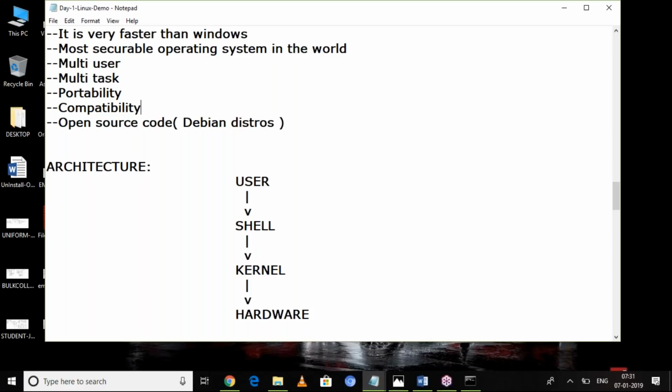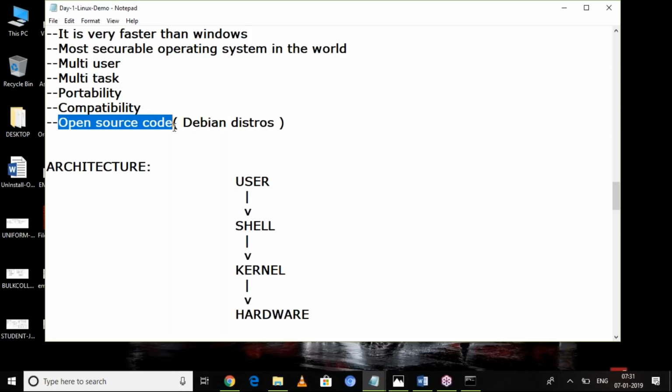Nowadays we have Python or Scala, artificial intelligence languages, robotic processing, IoT, Hadoop. For all these things, there is support from the Linux operating system. And moreover, it's open source code.